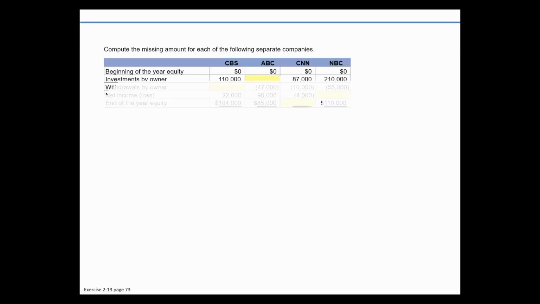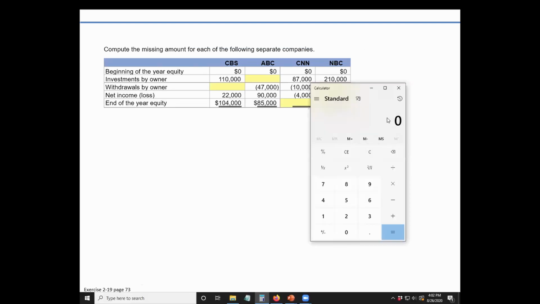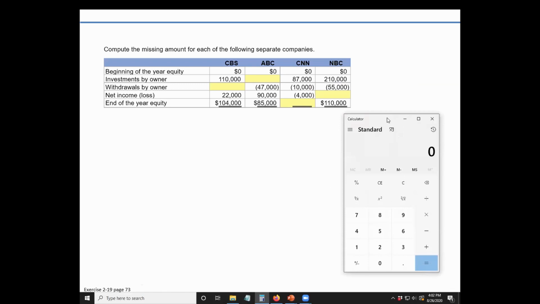Compute the missing amount for each of the following separate companies. This, you just kind of got to work backwards and think again what's happening. So if we look at CBS, we see that they didn't have any equity at the beginning of the year. They had a beginning investment of 110,000 plus the net income is 132. Then we know that they ended the year at 104,000. So then we know that